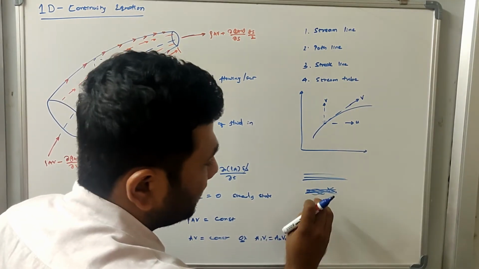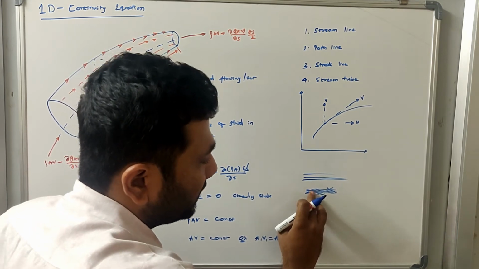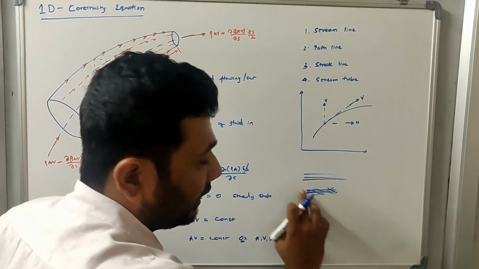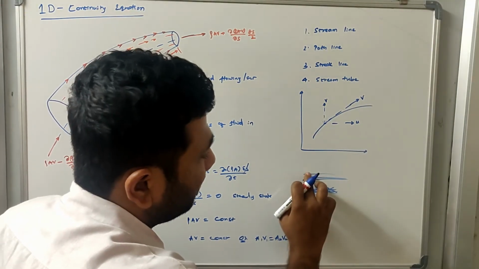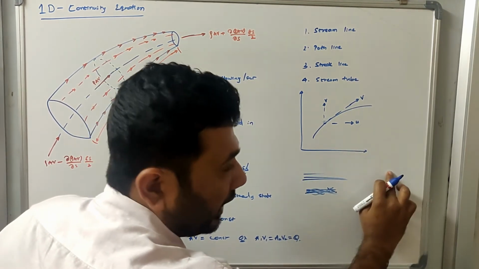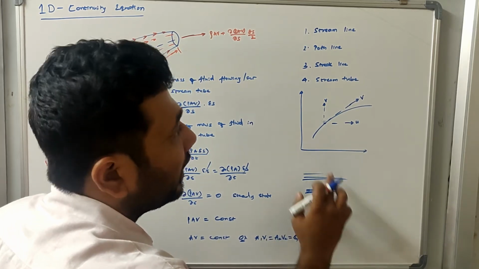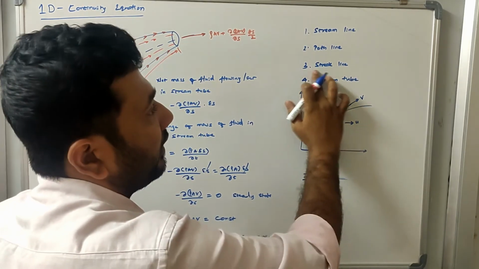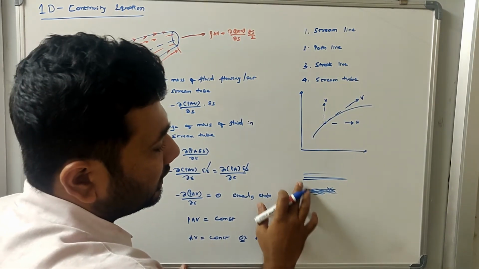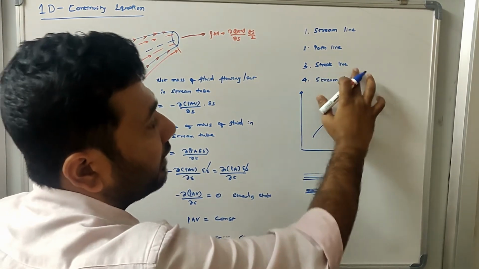In the turbulent case, if I drop any color, the color will get mixed up in that entire area, in that entire flow. In the laminar case, if I drop a color dye here, it flows along a line. So this is your laminar state, and this is your turbulent state. This is what we can identify from the streak line. Whether the flow is turbulent or laminar can be identified by the streak line.